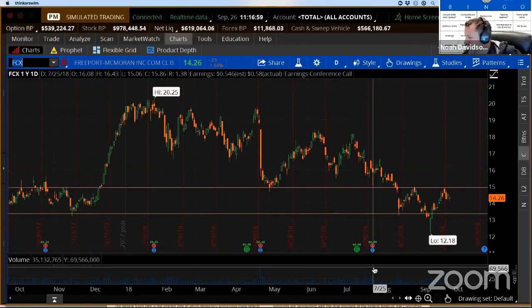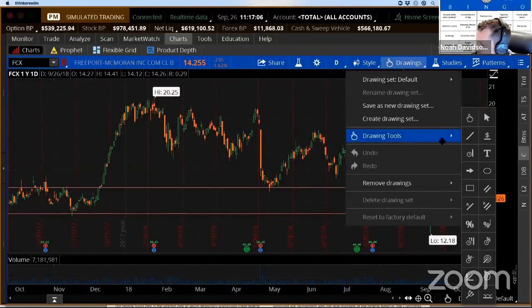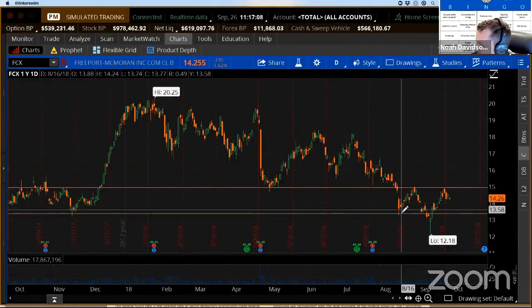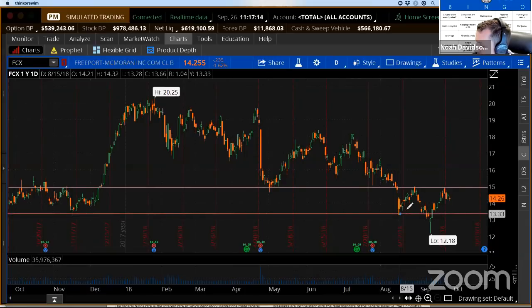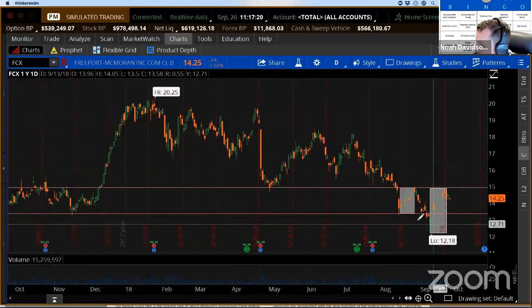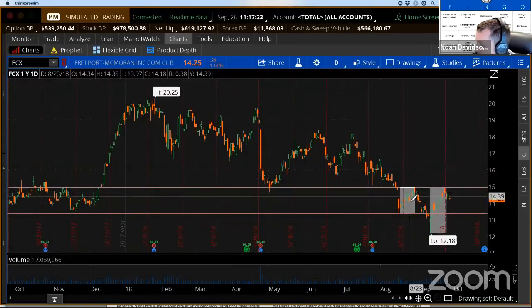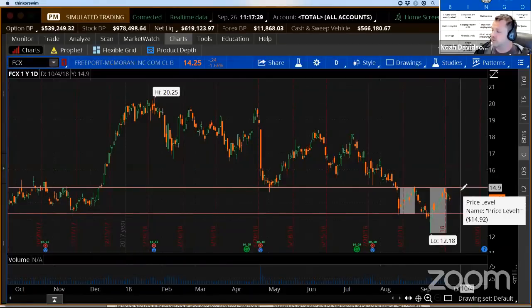I see a forming head and shoulders on this. And one of the things I notice here, and I'll just grab a little drawing tool to highlight it, is this is what gives me the confidence to buy that breakout: the size of this buy cycle back in here where you have that nice little rise, compared to the size of this buy cycle and strength and movement. You're seeing a shift between selling to buying. And I think that little doji setup, I'd be a buyer above 15, no problem.